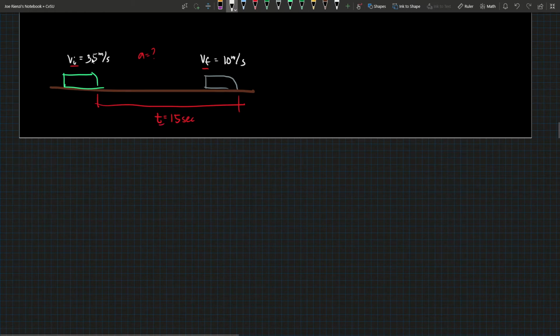So, basically, yung formula natin is VF equals VI plus AT. So, the final velocity in this problem is 10. Initial velocity is 35 plus the acceleration. In this case, yun yung hinahanap natin, the unknown, multiplied by 15. So, yun yung ating time. So, transforming, dividing, we can get that A is equal to, so looking at our calculator,